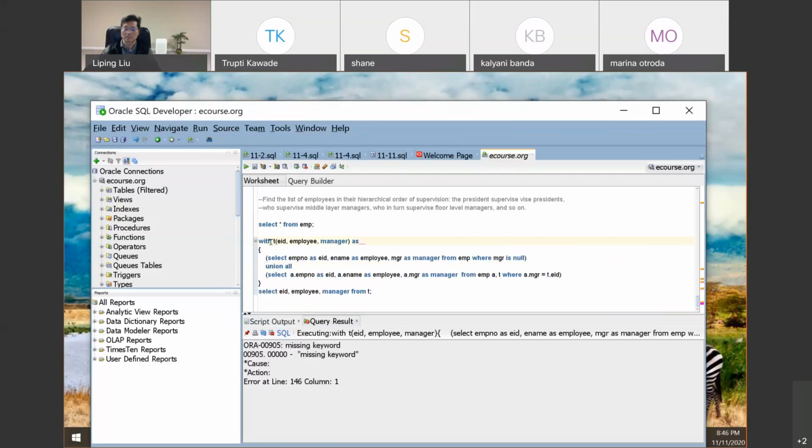Okay, so with the T as this one, I still have the same missing keyword error. Let me see. It still has the error here. So missing left parenthesis. Do you see anything, a left parenthesis missing? There is something wrong inside. So let me see. T, and I call it the parenthesis here. The left parenthesis and the employee ID, employee, and the manager